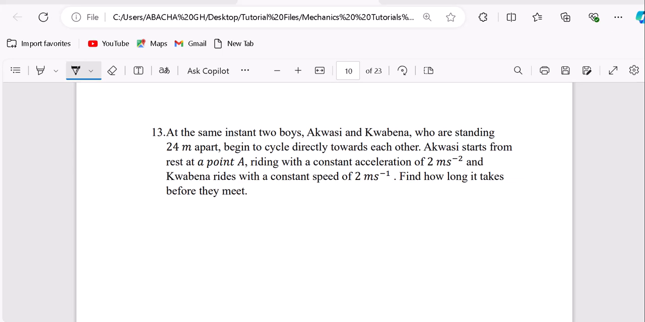We want to look at our next question, which says that at the same instant, two boys, Akwasi and Kwabena, who are standing 24 meters apart, begin to cycle directly towards each other. Akwasi starts from rest. Take note. So let's say Akwasi,